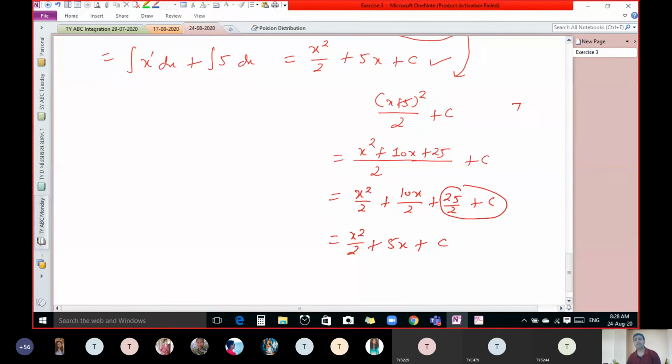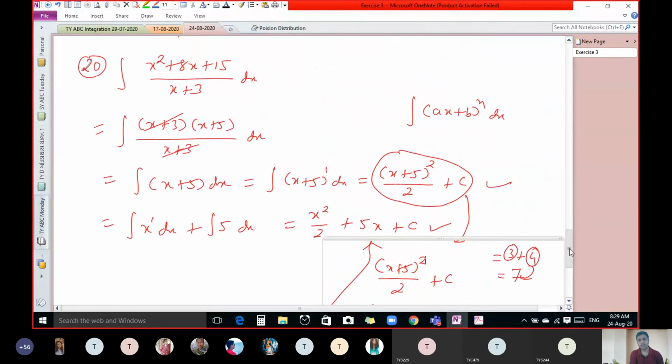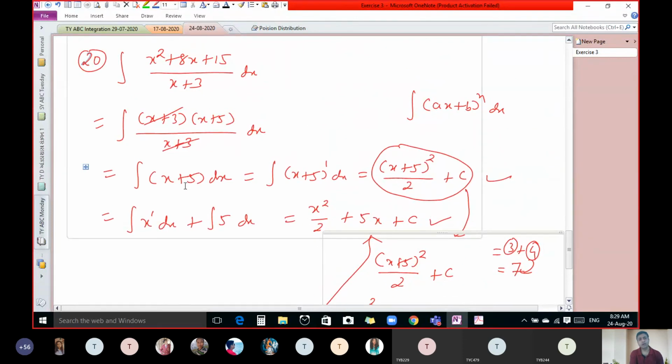Like 7. So 7 is a constant, but instead of 7, if it is like this, 3 plus 4, even though it is a constant, because 3 is a constant, 4 is a constant, so 7 is a constant. So 25 by 2 plus constant is a constant. So just ignore this 25 by 2. It is possible, and ultimately we get the same answer, this. So I can appreciate your concern, like instead of taking separate integration here, if we use this rule, can it be the perfect way? The answer is yes, it is a perfect method.